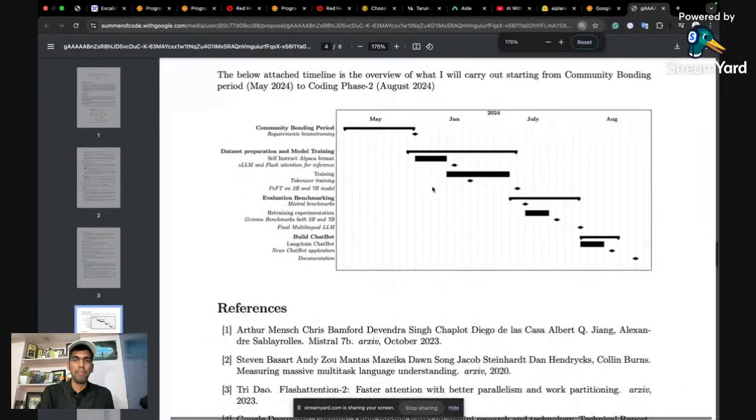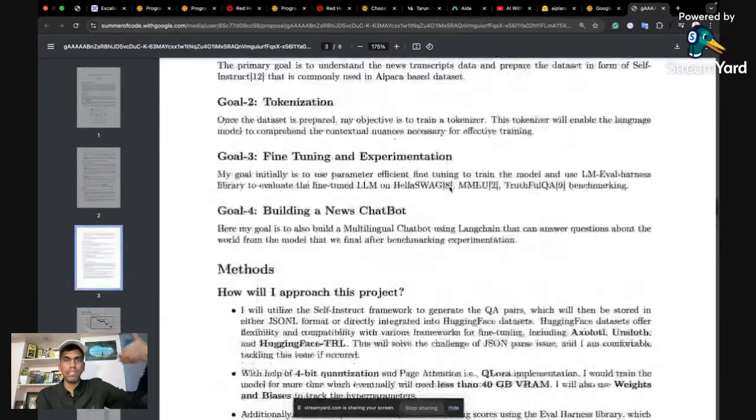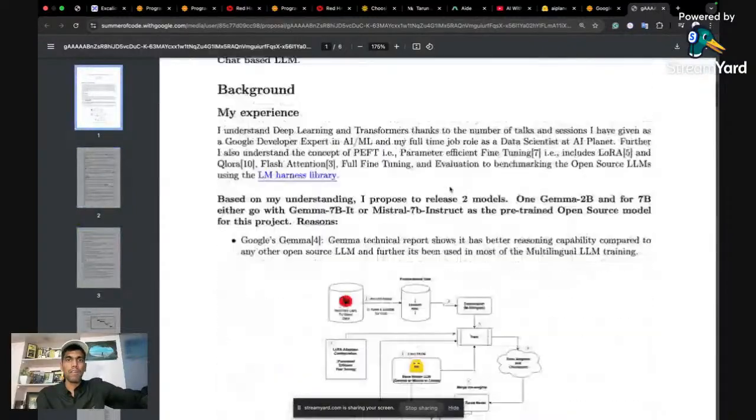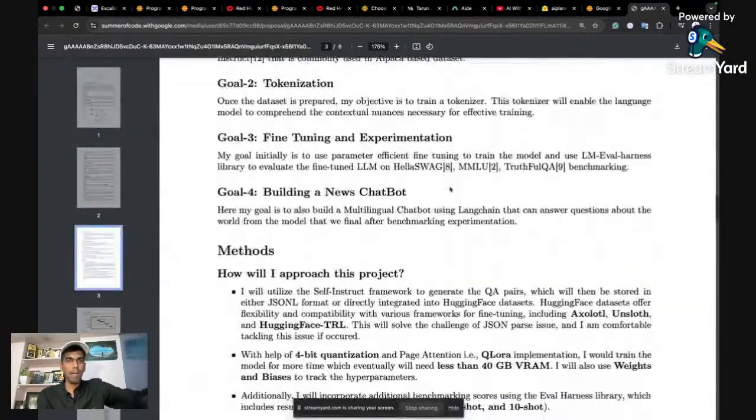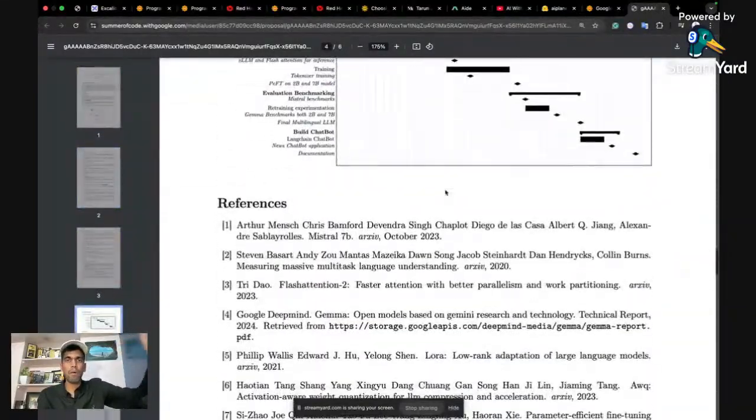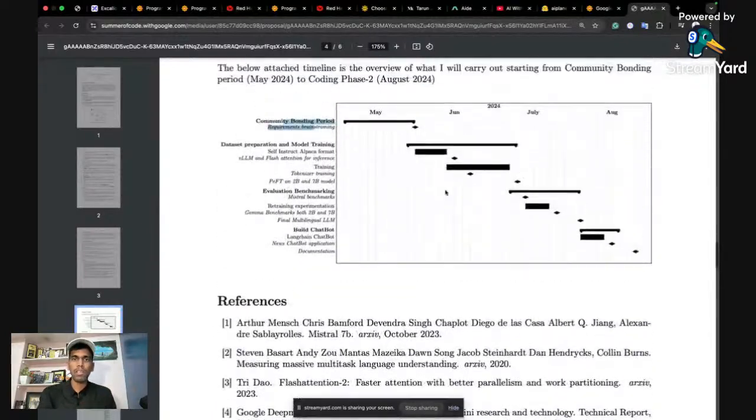Timeline is very important. If you don't know how to define this timeline, it will be very difficult to crack Google Summer of Code. So make sure once you do the research on the organization, once you complete the open source repo contribution or relevant project, you spend 2 to 3 days just creating a timeline. Once the timeline is done, then you write your other details. This is very easy to write. Once you have the timeline in place, all the details that you have above or below, it's very easy.